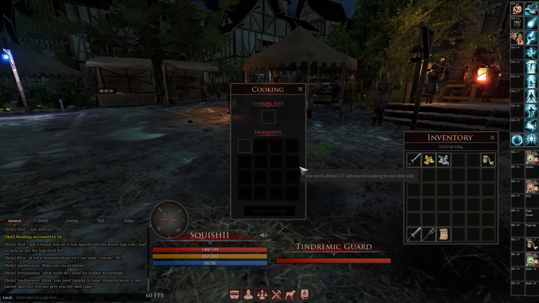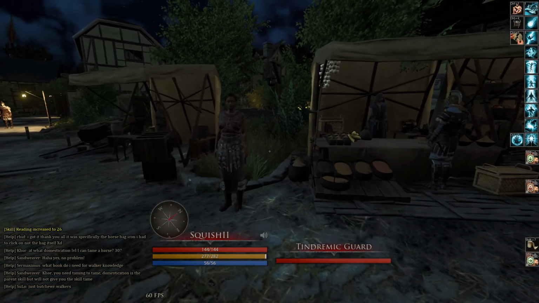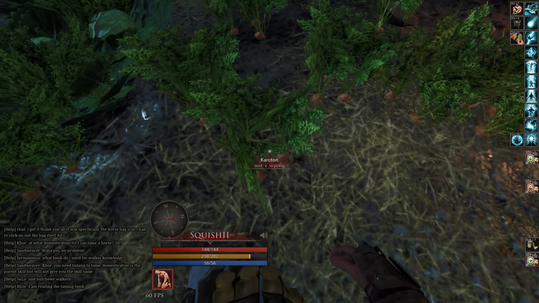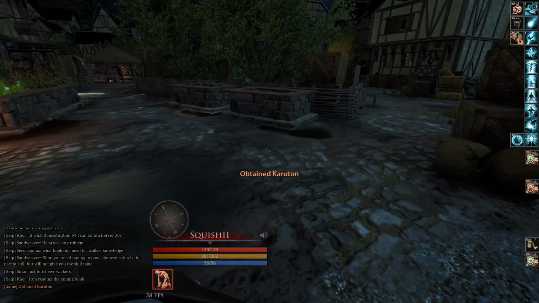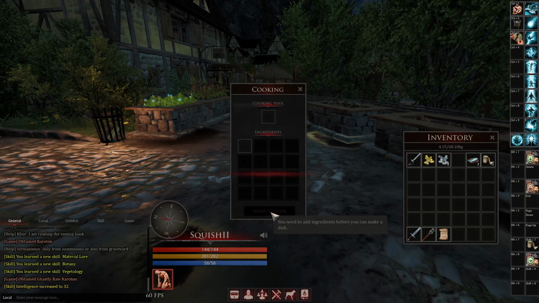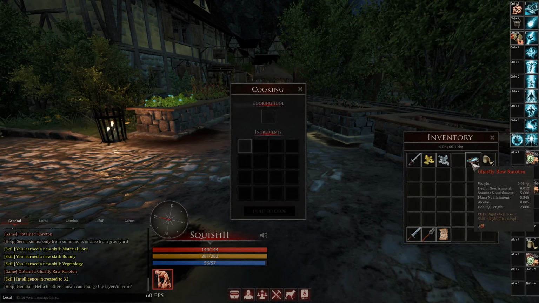So if you wanted to gain lore on an item out in the wild, the best way to do it is probably to cook it. Like if you kill a horse and you get the horse corpse, then you just put it in here. If I had something I could show you. Like if I want Keraton lore, okay, but I don't want to walk all the way over and cook it, I can cold cook it right here, which makes it kind of nasty, but you could see I still gain some skills from it. So you don't have to run back to town to gain lores and cook on a cooking pot and all that